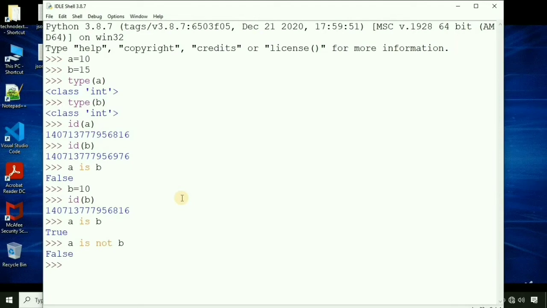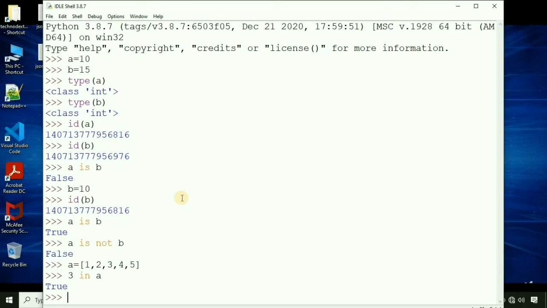Let's take an example of membership operators now. For that we need to define one sequence. So we are defining here one list of integers. Now you need to check whether 3 is present in the sequence. So for that you will be simply using the in operator. 3 in A and press enter. It provides true output. That means item 3 is present in sequence A.